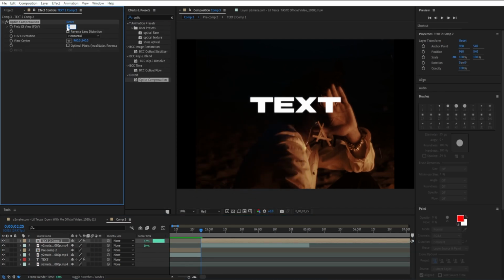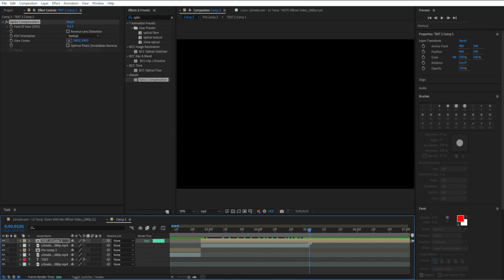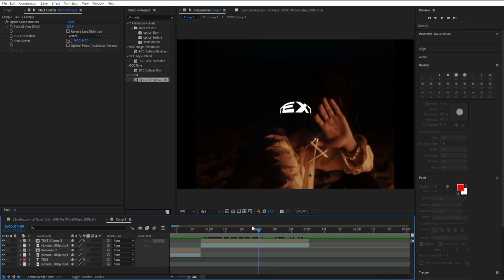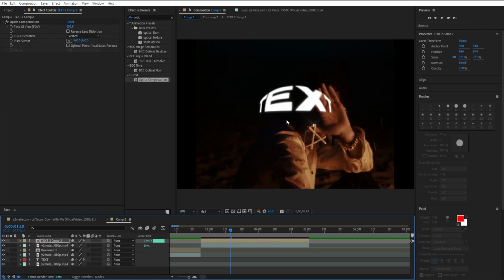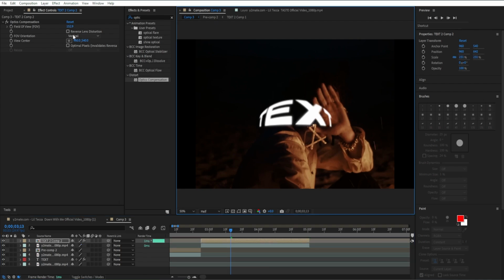You want to head down to FOV 152.9, put it on vertical, and then you want to head down to view center. And this is going to be not tricky, but it just is going to depend on your actual clip that you have. So what I'm going to do is scale this up a bit, bring it to the middle,